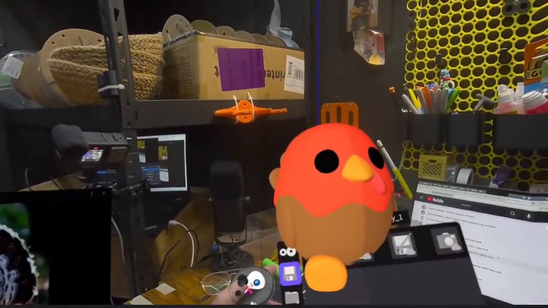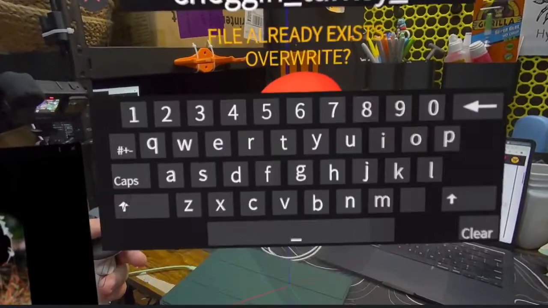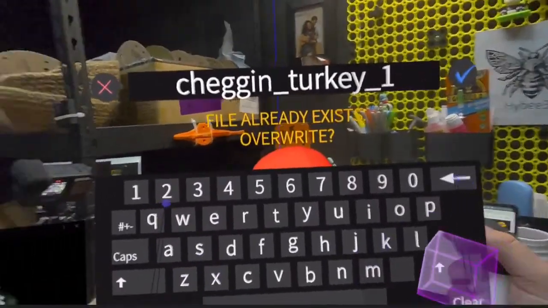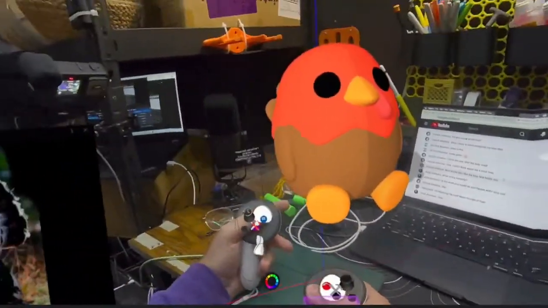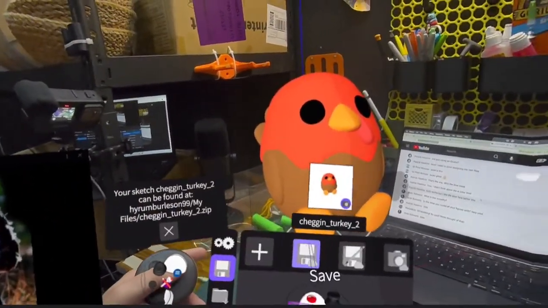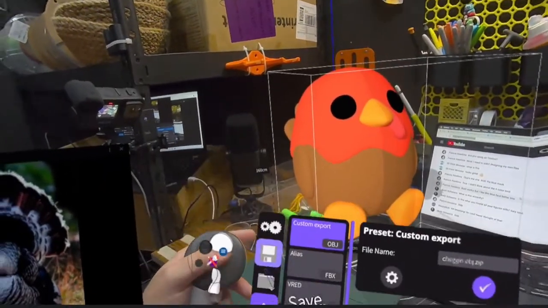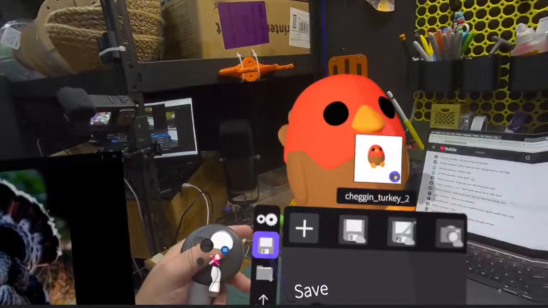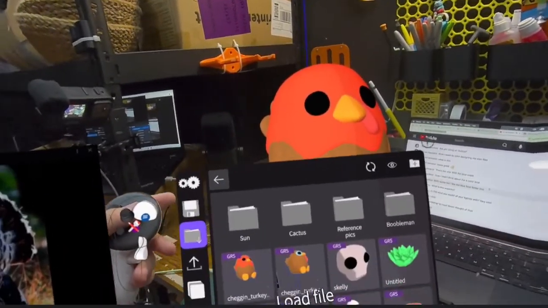So there was another option that we had as well. Let's do this one here, turkey 2. This is kind of just us exploring here. Open sketch. Where are my different sketches? Import, reserve space.